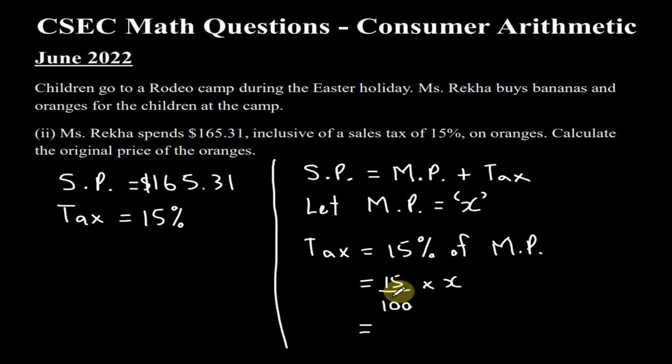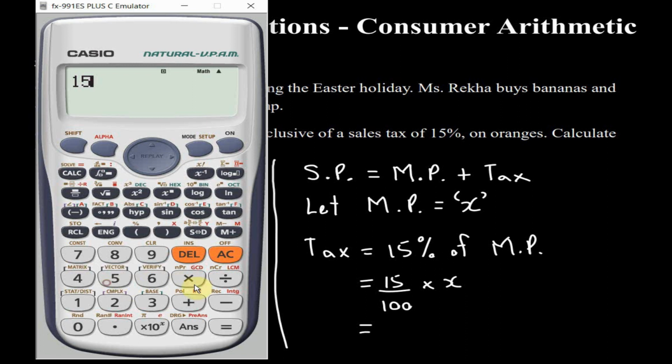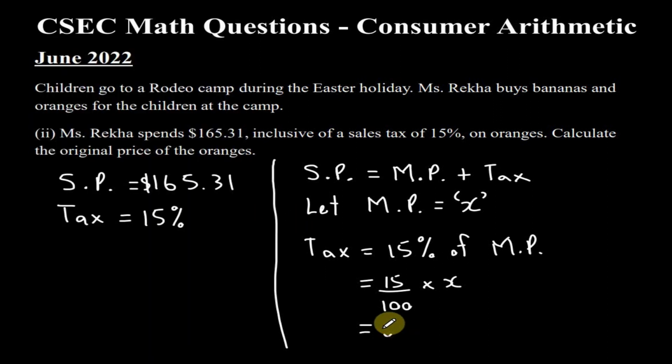Now, 15% can be written as a decimal if I use my calculator here. 15 divided by 100 as a decimal is the same thing as 0.15. So we can rewrite this as 0.15 times x, which is the same thing as 0.15x. So we can definitely represent the tax using 0.15x. Now let's go back to this initial formula here of the selling price is equal to the mark price,